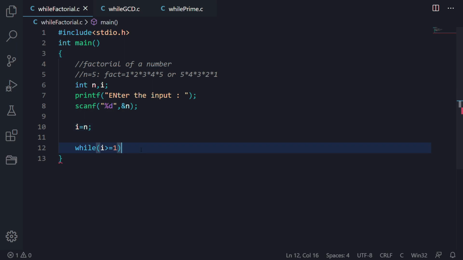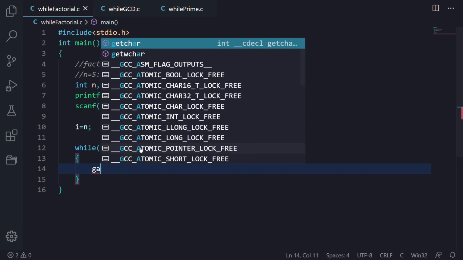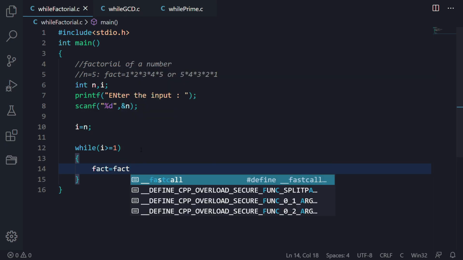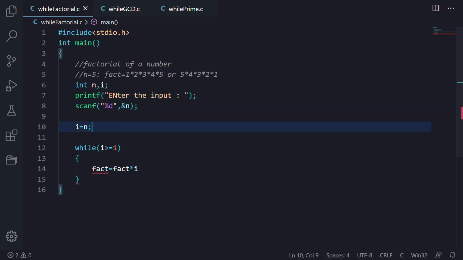And after that we'll write our while loop factorial part. We take a fact variable, and then we will multiply it with i. For that we have to first declare fact here, and also give the value of fact as 1.